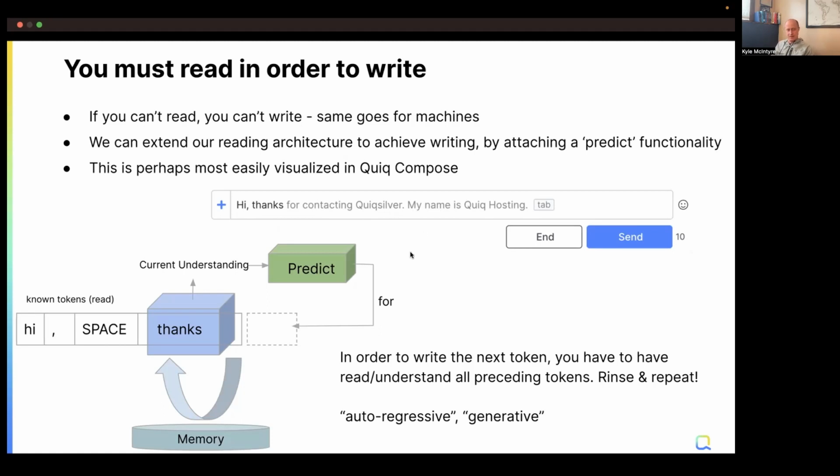And it's this sort of behavior that really makes a model generative. When you're hearing about generative AI, this is sort of the nuts and bolts that make the model generative. And another term you might hear for it is autoregressive. It's maybe a bit more on the techie side.